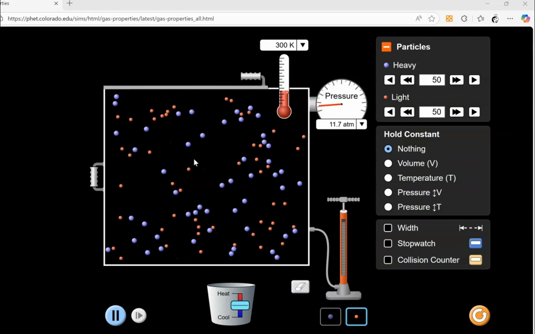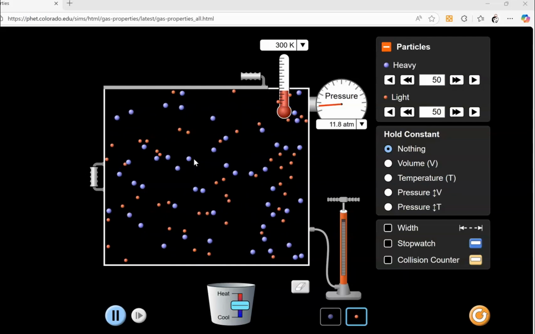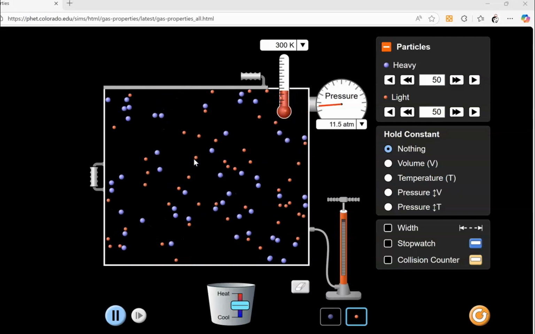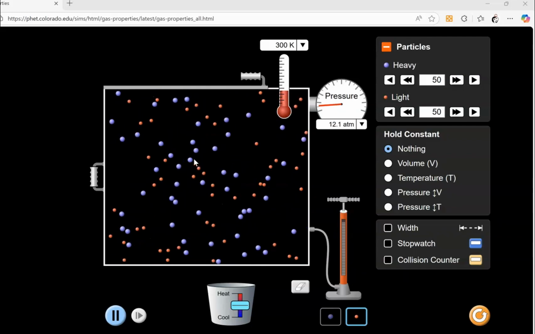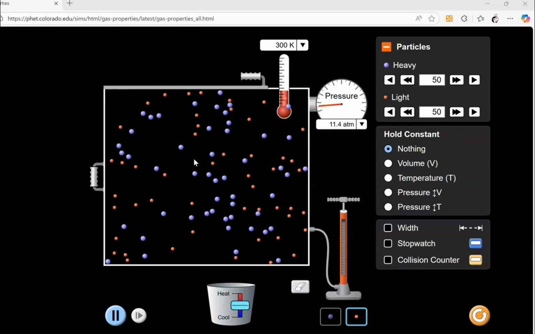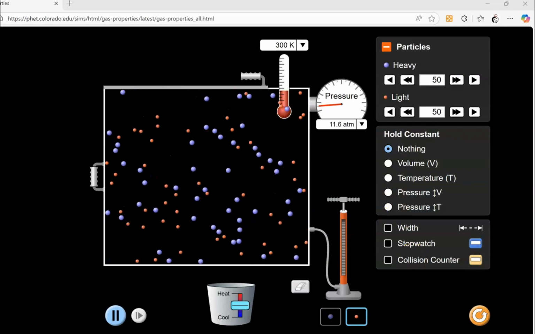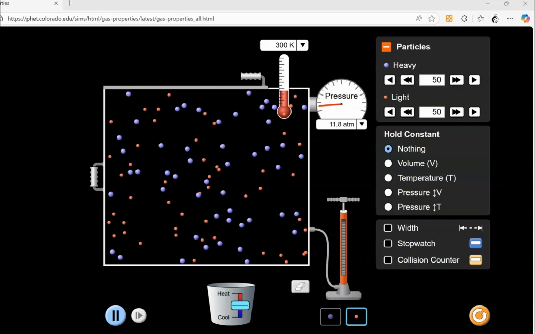The difference is that the red ones are smaller. And so for the exact same temperature, smaller molecules are always going to be moving faster than larger ones because their kinetic energies are the same. If we go back to our equation for calculating kinetic energy based on mass and velocity, we see that